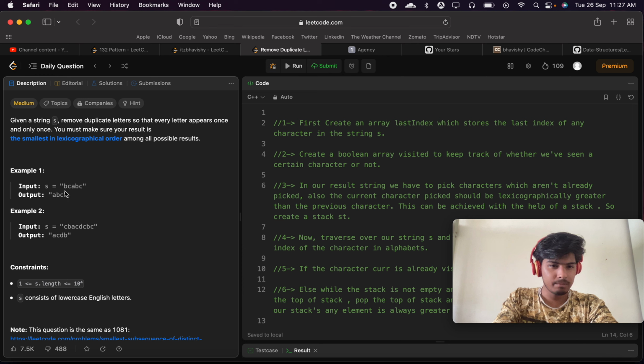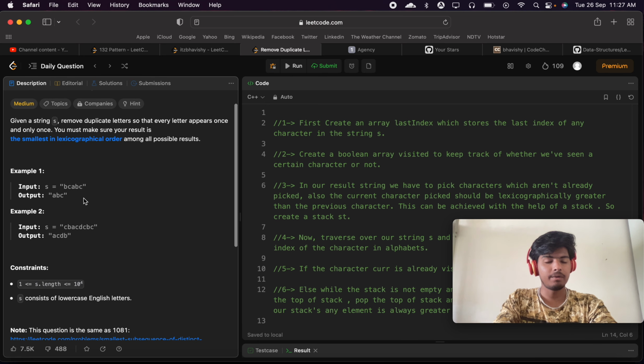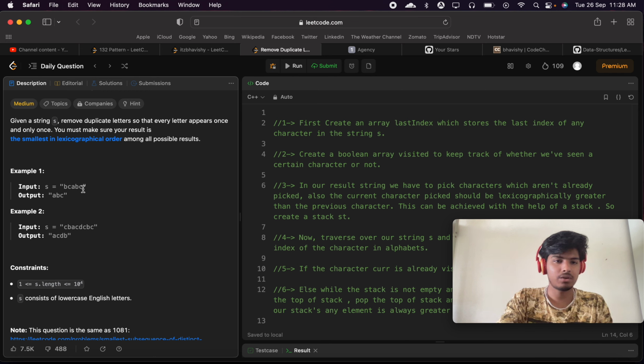So let's look at the example BCABC. B is repeating 2 times, but the last index of B is 3, so we will take the last index. The first intuition that comes to my mind is that we will create a last index array, because we can see that if an element is repeating, then we are taking the last index of that particular element. A is repeating 1 time, so we will take A directly, and C is repeating 2 times, so we will take index 4 of that C,